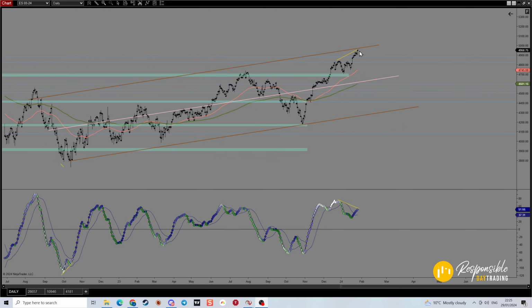So we're right up here at all-time highs of 4950, and as you can see, we're approaching really close to this trend channel that I've marked out. I believe it's a pretty accurate trend channel. We've got a fair amount of respect in these areas of dynamic support and resistance. Some significant pivots here for the lower part of the trend channel, and it looks like we're stretching up towards that area very close to the top of the trend channel at around